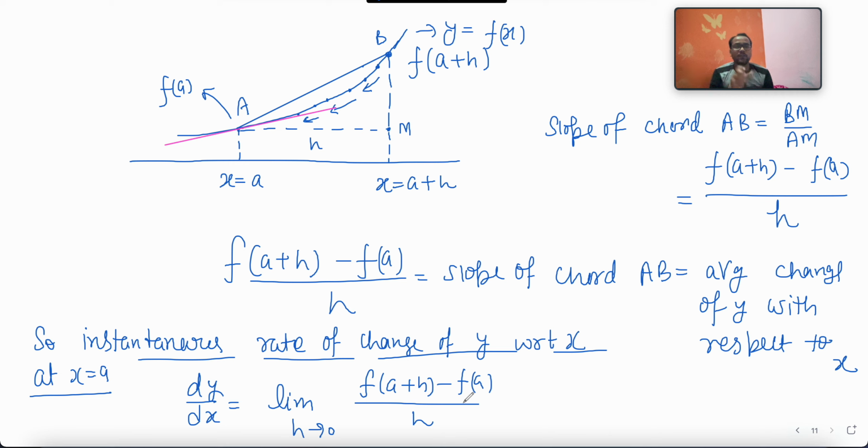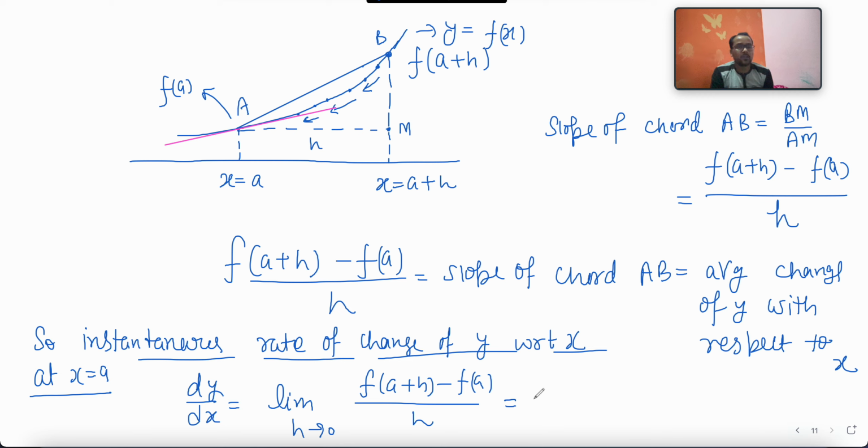That means if I write the slope of chord AB when h is approaching towards 0, that will give you the slope of tangent at point A. That means instantaneous rate of change of y with respect to x at x equal to A